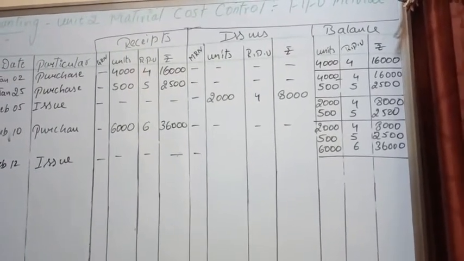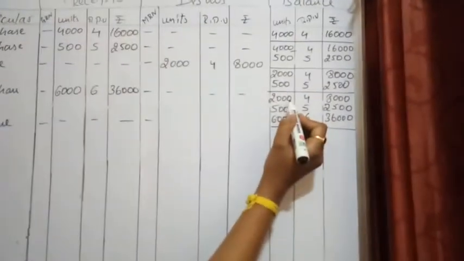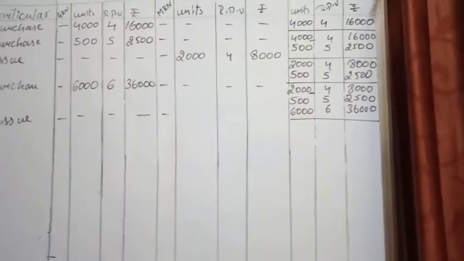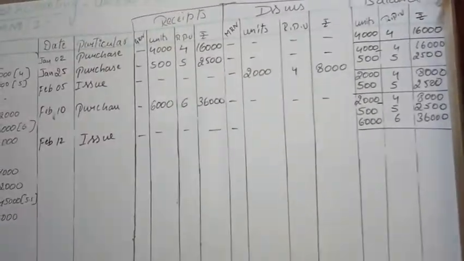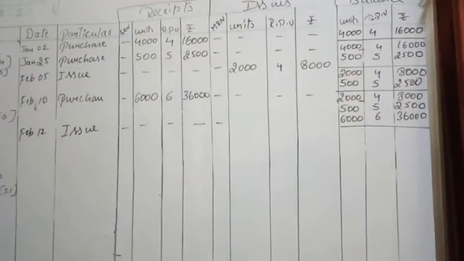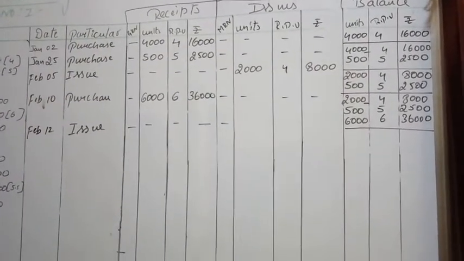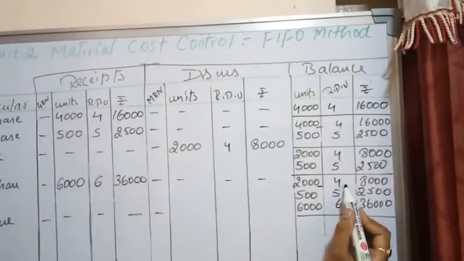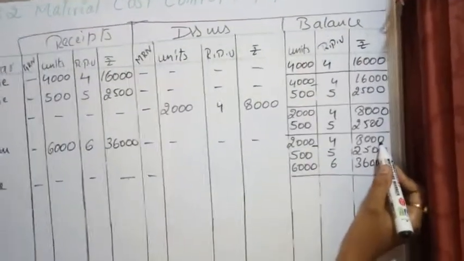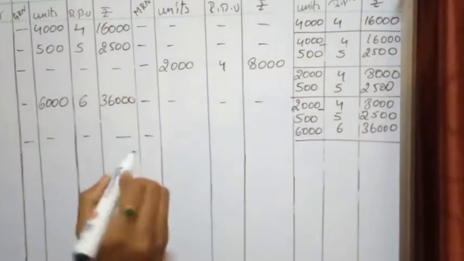Now here they are asking us 4000, but the first available material with us is 2000. I can't give that 4000 material in one slot. What I am supposed to do, whatever I have first, that I have to give first, and then I have to count what is the leftover. So the first material is 2000 worth 4 rupees, and if I multiply that I will get 8000.